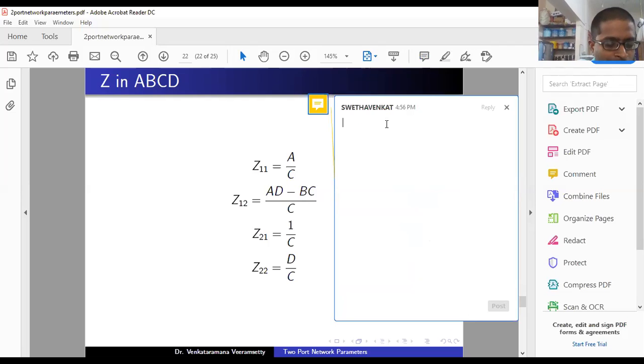Try to recap. The ABCD parameters are represented as V1 equal to A into V2, B multiplied with